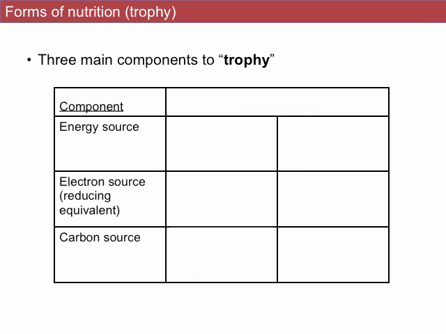And then the third major component is the source of carbon. So where do organisms get the carbon that they use to build carbon backbones to make things like carbohydrates, amino acids, proteins, DNA, RNA, fats, etc.? And when you do this, we're going to go through the main types for each of these components. And really there are two main types that people have identified for each of these major components that describe the